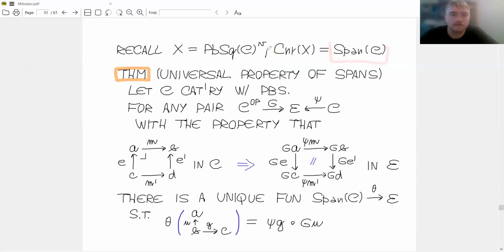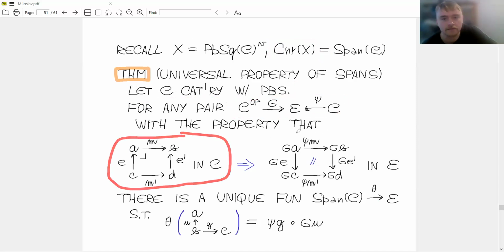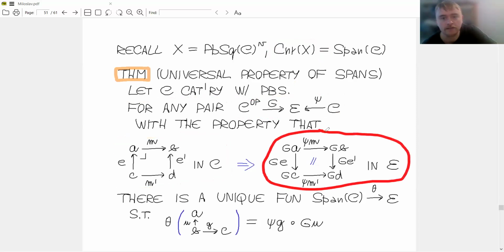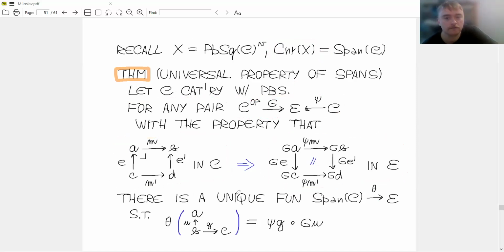And because it's a category of corners and it's a colimit, it enjoys a universal property, which I haven't seen anywhere else. So for example, for the spans, it says the following. If you have a category with pullbacks, any pair of functors like this that have the property that a pullback square in C turns into a commutative square in E, then there is a unique functor from spans that has